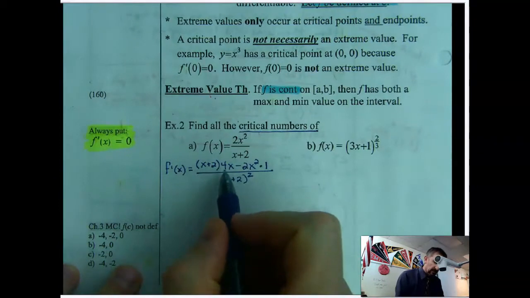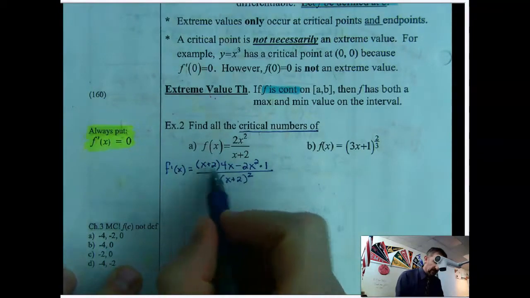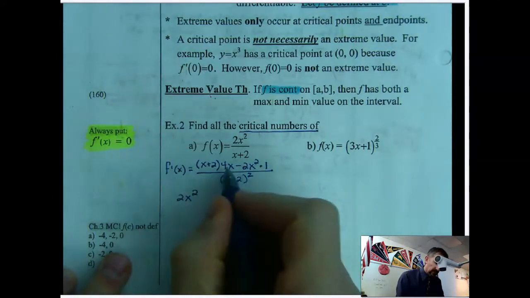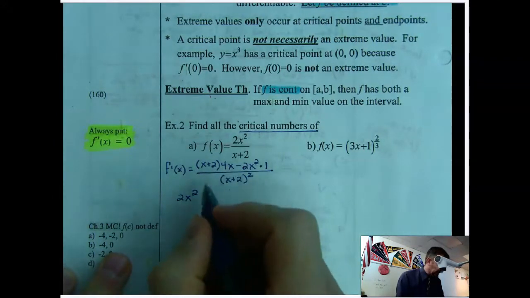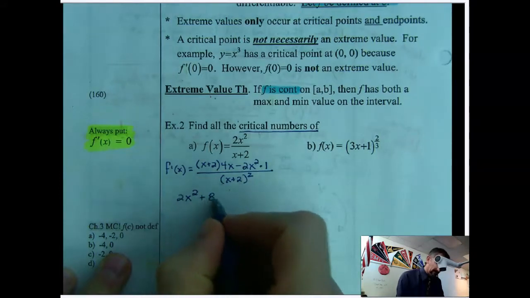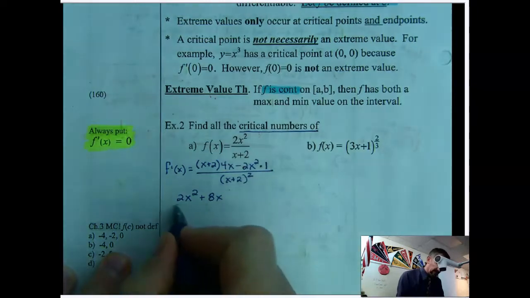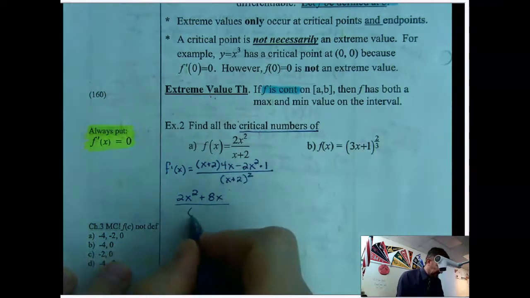So how much of this can we do in our heads? So that's going to be 4x squared minus 2x squared. That's going to be 2x squared. And that's going to be plus 8x. And that's going to be it for that. And then this is,